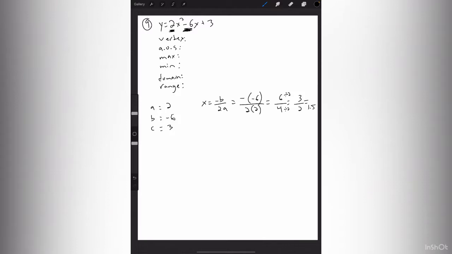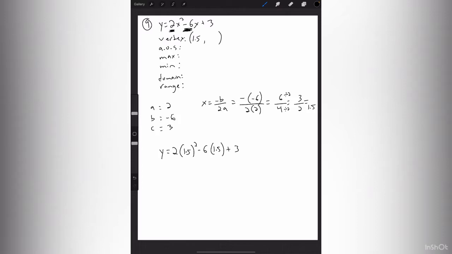All right, so my vertex is 1.5 something. I need to be able to figure out what that is. So let's go through here. It's going to get a little messy with the decimal here, but we'll work through it. Negative 1.5. So I'll substitute in my value. So I'll say 2 times 1.5 squared minus 6x. I'm sorry, not 6x. 6 times 1.5